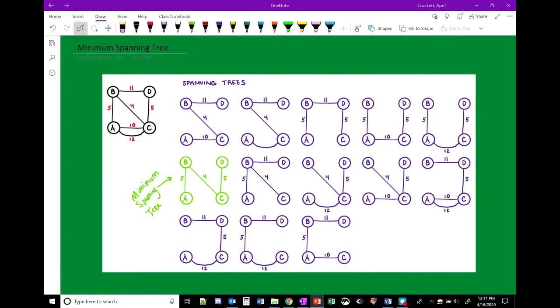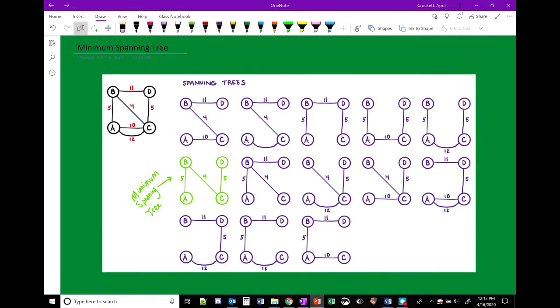We're going to start with Prim's algorithm, which is a greedy algorithm. But in order to talk about it, we're going to have to first talk about what a minimum spanning tree is. So a spanning tree of an undirected connected graph is its connected acyclic subgraph that contains all vertices of the